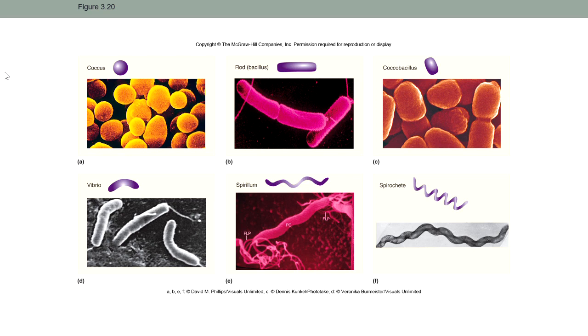Again, coccus is a sphere, bacillus is a rod. They can be in between. Coccobacillus, that's just great, all right? Some of them are curved. Vibrio means comma. So the genus that causes cholera is Vibrio, and the species is cholerae. It's shaped like a curve. Some of them have a spiral shape, spirillum, and then of course some of them are spirochetes, sort of like a slinky, tightly coiled. Those cause diseases like Borrelia, or syphilis is another one, similar like that.